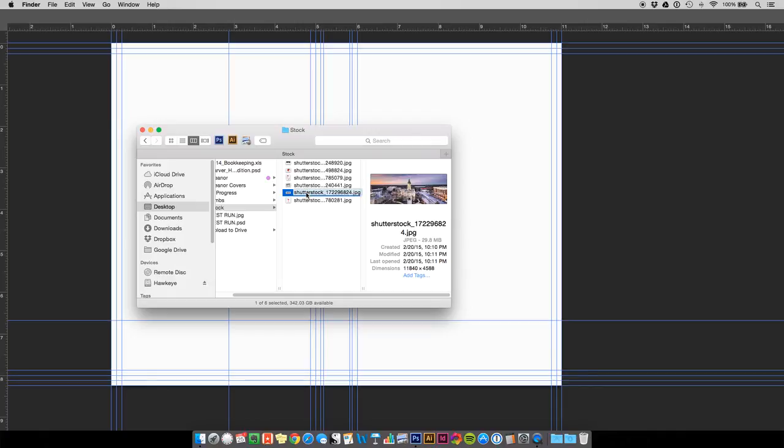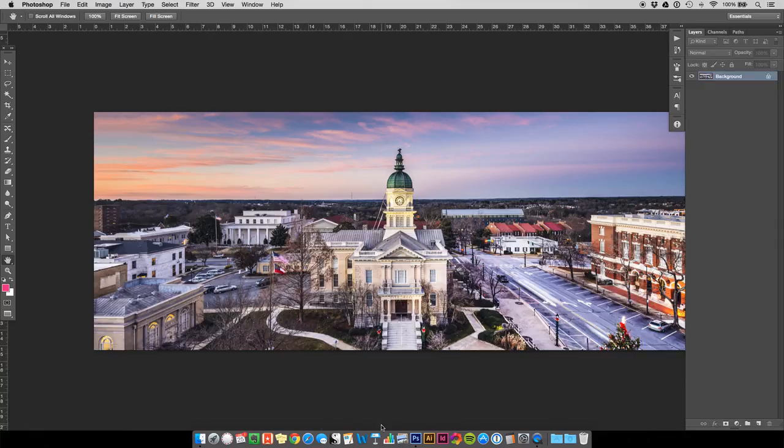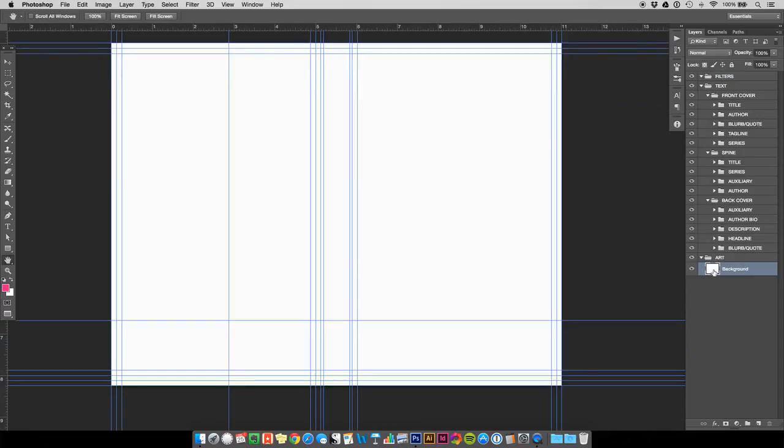Now you can certainly drag this directly into the Photoshop file and it will place it for you. I don't necessarily like to have Photoshop do that for me. I might be a little bit old school, but I like to do it myself. So I tend to grab it and drag it directly onto the Photoshop icon, which will open the file as a brand new image in a separate document. At that point, I'll hit Command A and Command C, which will copy the image. I'll close that file. Now, back in our cover file, you'll notice that I have a background layer selected here,